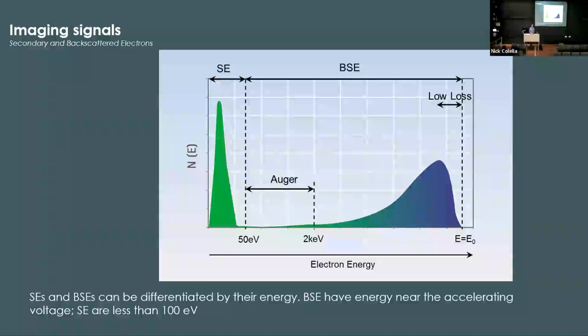Secondary electrons are starting basically at rest within the specimen. They're just loosely held, so it doesn't take a lot of beam energy to knock them out. They tend to cluster below about 50 or 100 electron volts. So we can really see we have two distinct populations of electrons, one high energy, one low energy.